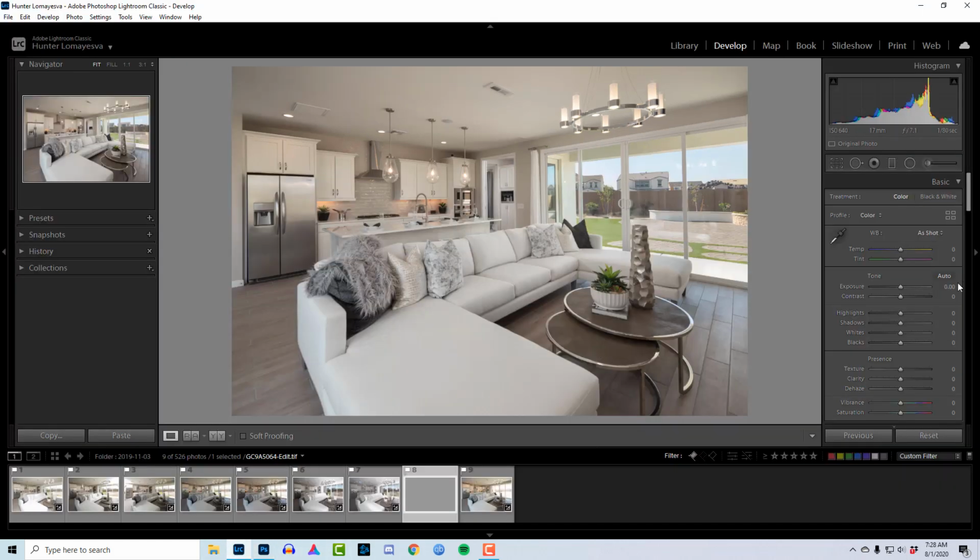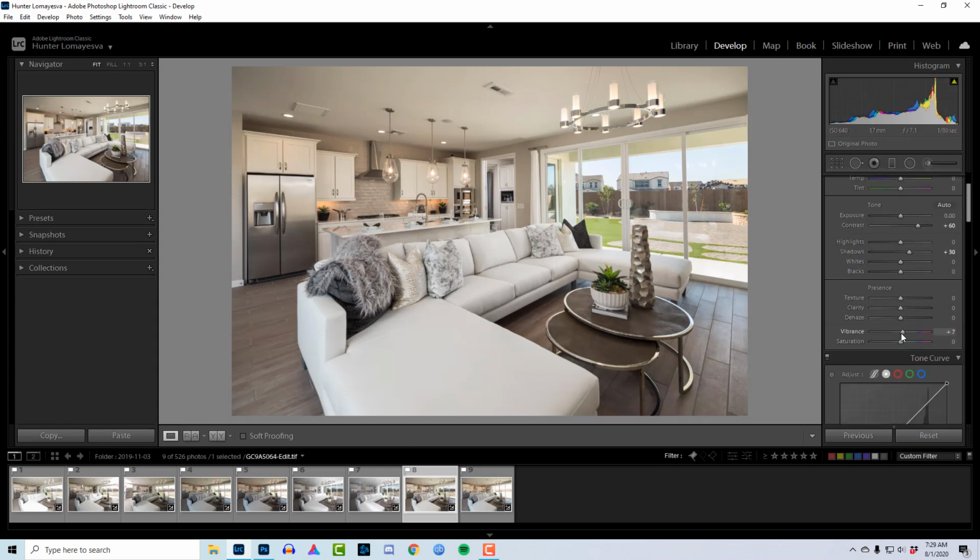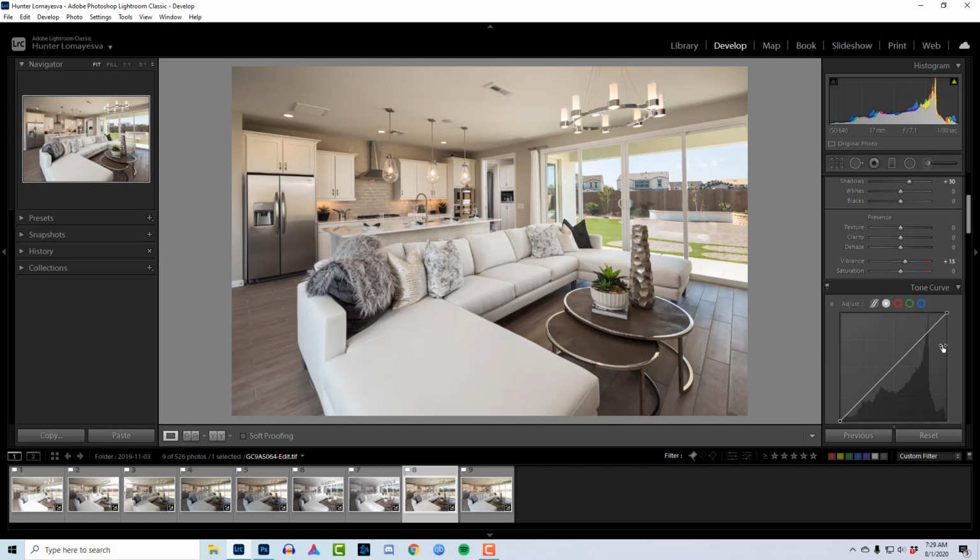All right, anyway, contrast. I'm going to put this up to 60 just to see what it looks like. That looks amazing. I like it. I like what it's doing. Yellows are a little bit much, but I'm going to bring up the shadows just to counteract some of the darkening that it's doing in the shadows. I'm gonna provide a little bit of vibrance, and then